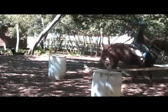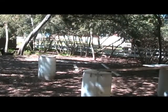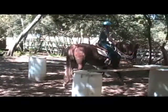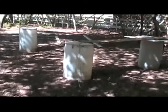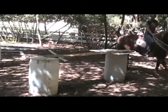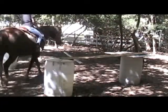I'm pretty sure this camera was in the right place to see what just happened. Just picking it up made Semi want to get away from it. And we thought that might happen. We weren't sure until we tried it. So we aborted in as safe a manner as we can, and now we're going to get her confidence up again. And at least get to the stage where Katie can lean over, pick up the chain, and bring it up to